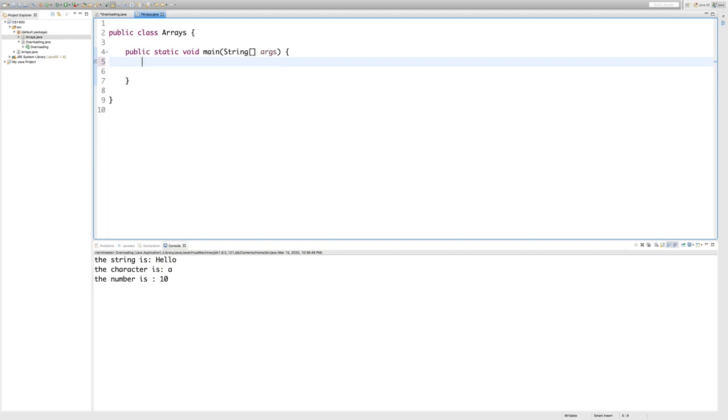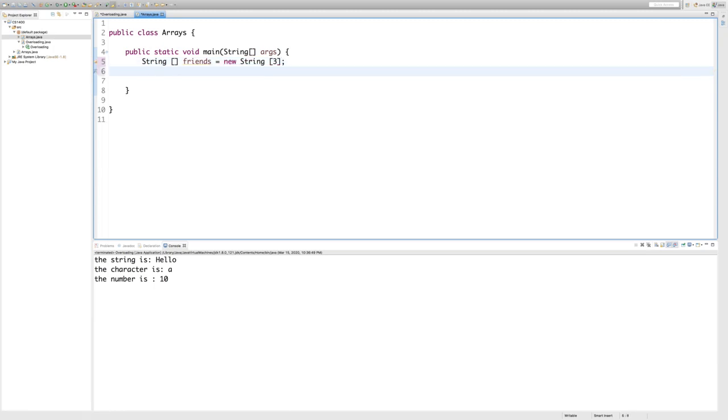As we said, it is going to be the data type, which is string, and then 2 square brackets to tell that this is an array, and then friends, is equal to new string array of size, let me have it 3 because I will just add 3